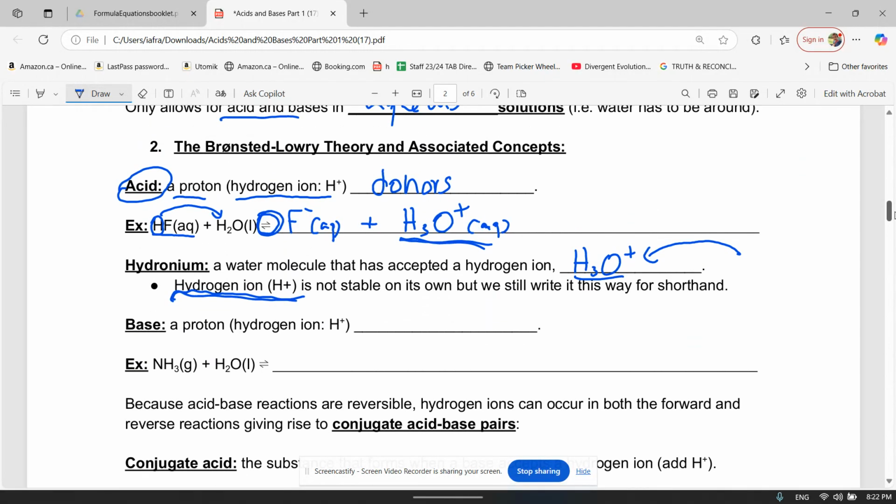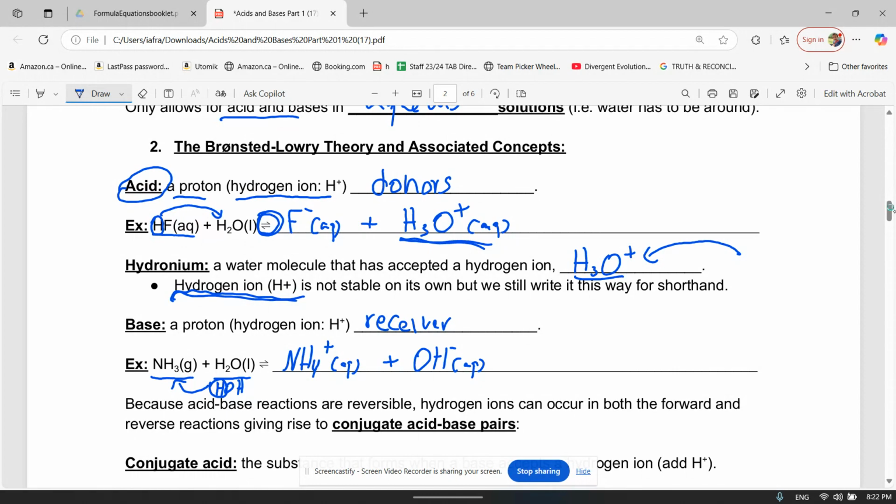Now, if an acid is a proton donor, well then a base is a proton or hydrogen receiver or acceptor. So it receives the H+. So here we have ammonia, which is a base, and here we have water. So in this situation here, water, I'm going to write it as HOH, is going to be giving away an H to ammonia. So that ammonia will become NH4, and when you gain an H, you become positive by 1, (aq), plus OH minus